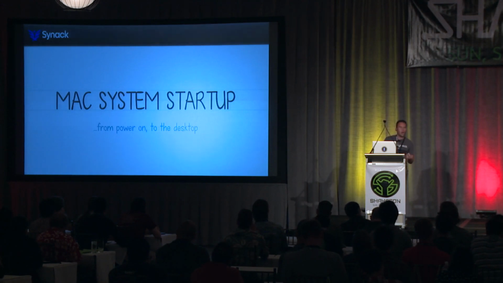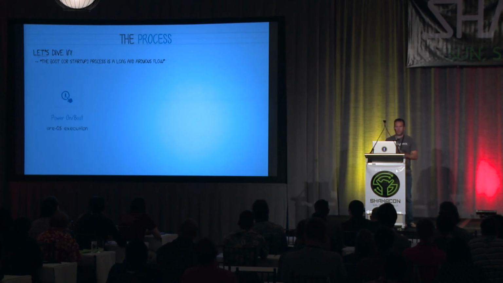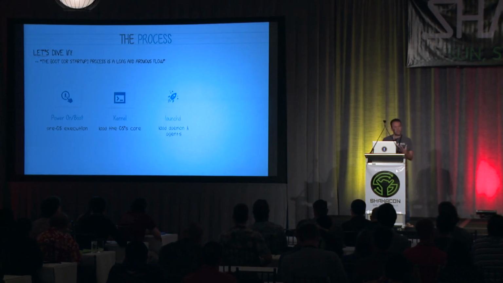So I now want to briefly talk about what happens when you power on your Mac. The startup process is definitely complex. I mean, there's books been written about it. But I'm going to try to break it down into more manageable chunks. So the various stages we're going to talk about today include the power on, or the boot process, the kernel and how it's initialized and loaded, launchd, which is the first user mode program, and finally the logon window, which authenticates the user and then displays the desktop.